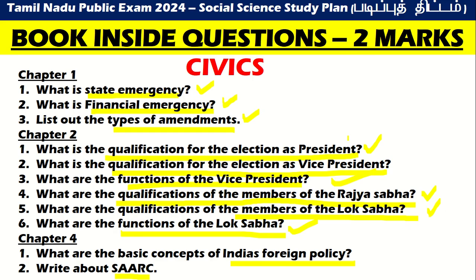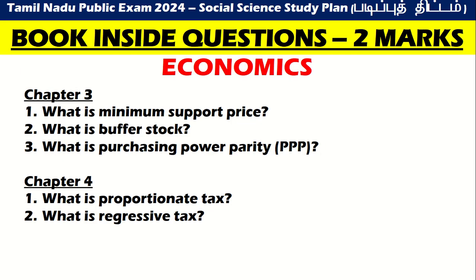So let us go to the final chapter, that is economics. In economics, you have what is minimum support price. Listen carefully, what is minimum support price. This chapter talks about the methods and procedures, like what rates are fixed before fixing a product. The very important topics here are minimum support price, buffer stock and PPP, that is purchasing power parity. In economics, for the people who are going to read economics maybe after 10th standard, this will be very useful to read this type of questions, my dear children.